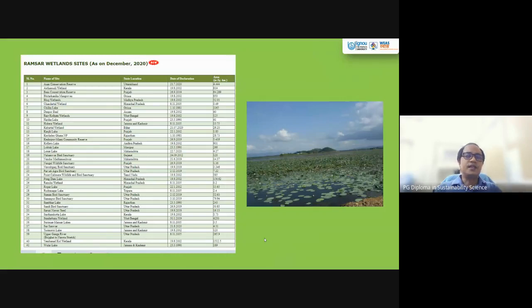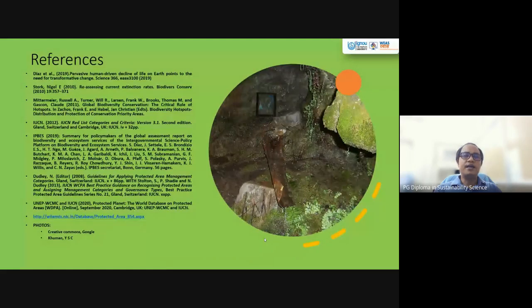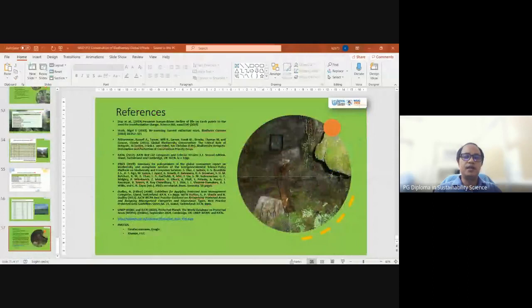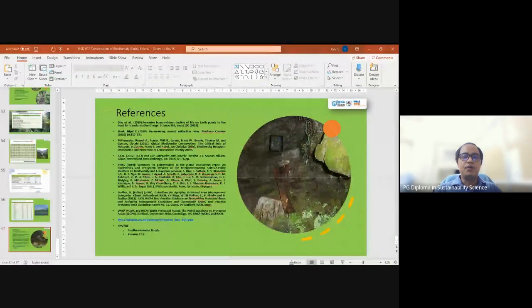So these are the list of Ramsar Wetland sites. So this is all for today. You see, today what we have learned is about the basic concept of